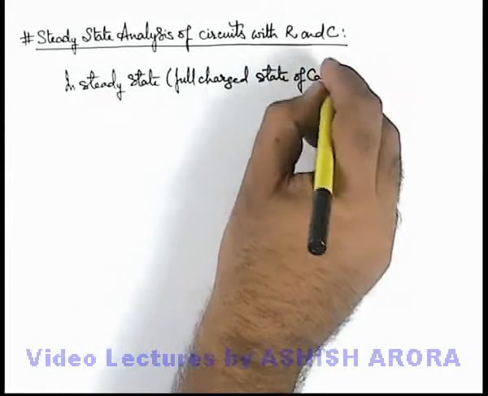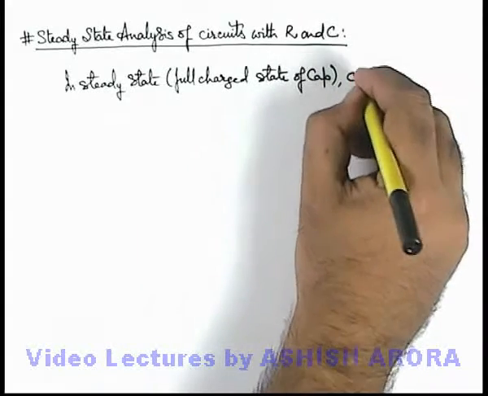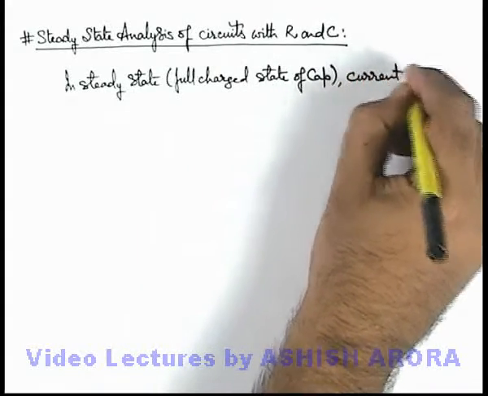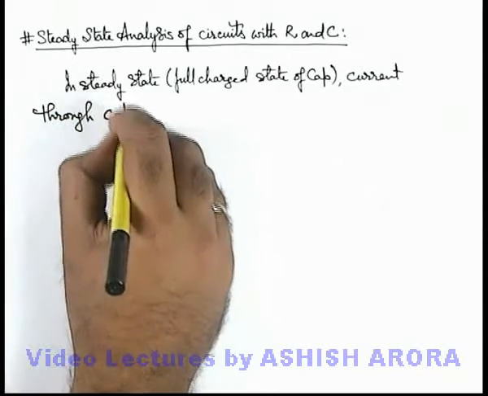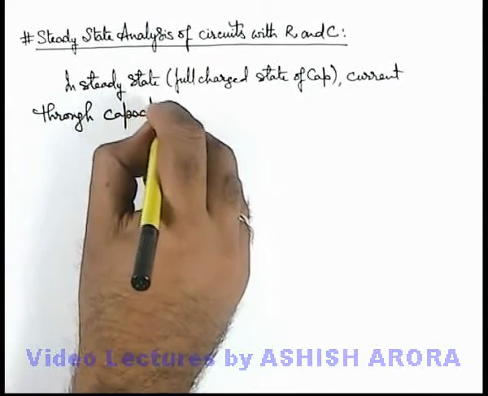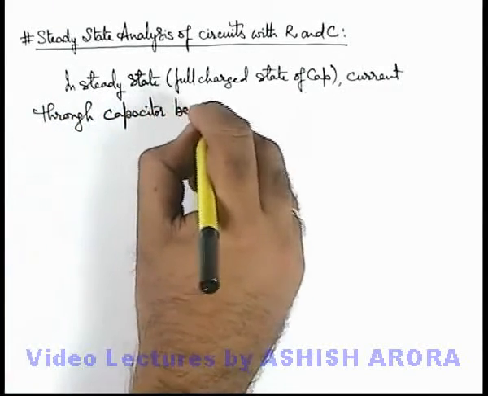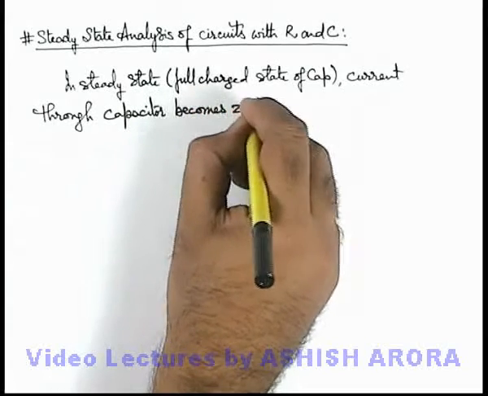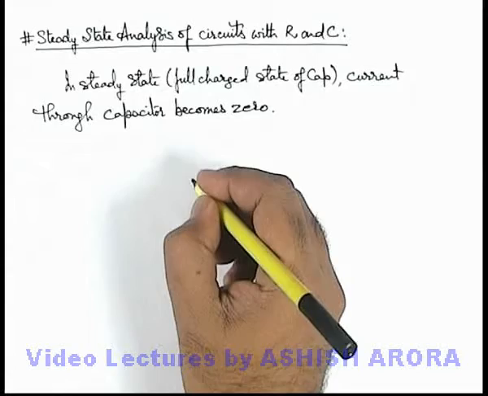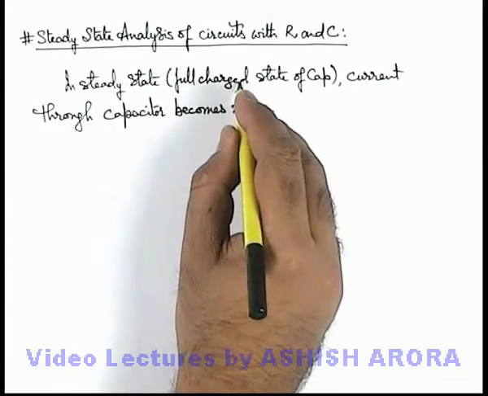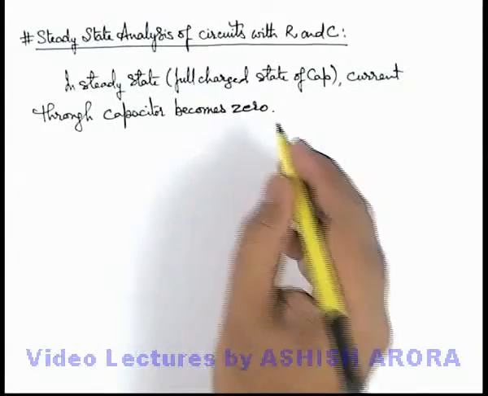When capacitors are fully charged, current through the capacitor becomes zero. So whenever we talk about the fully charged state of a capacitor, current through the capacitor becomes zero,